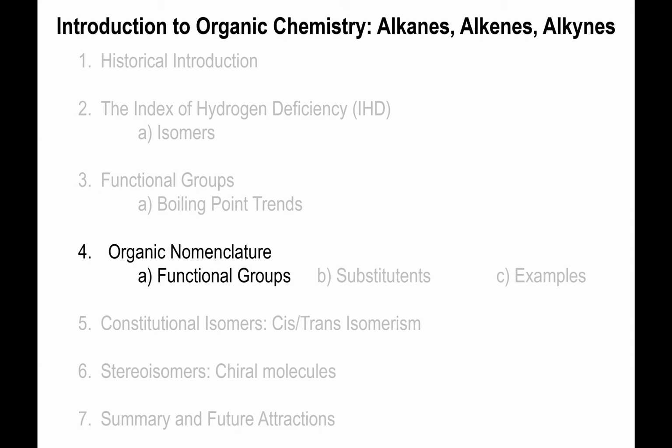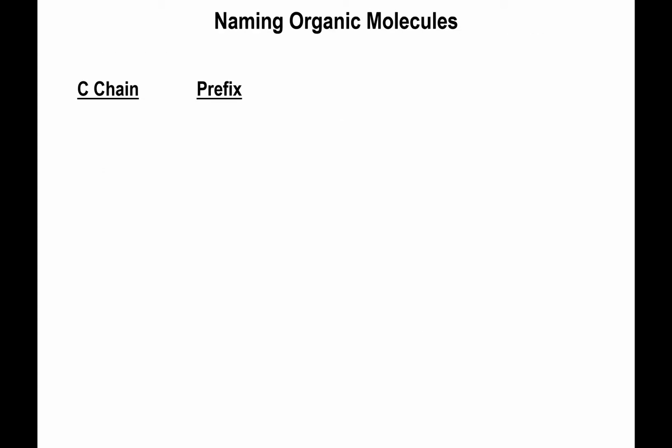Okay, so here we are. We get to now learn how we name organic molecules, at least for alkanes and alkynes. The way this goes is all in terms of how much carbon you have present in your molecule. So if the most carbon you have in your molecule is only a count of 1,